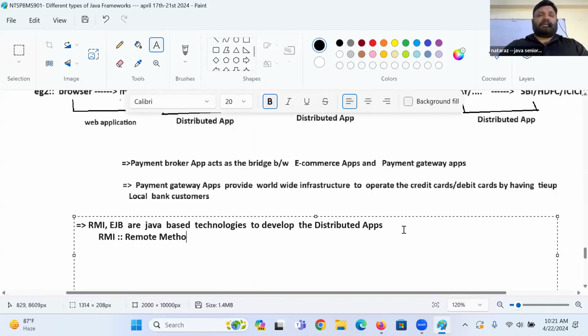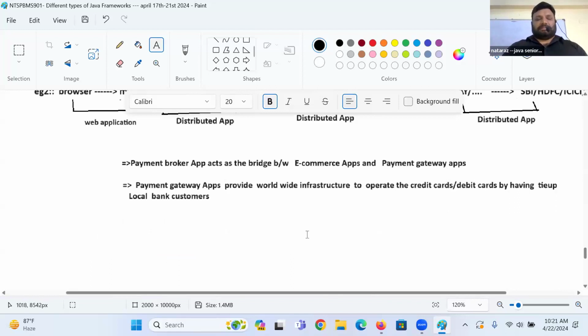Remote Method Invocation. EJB, what is it? Enterprise Java Beans. Got it.